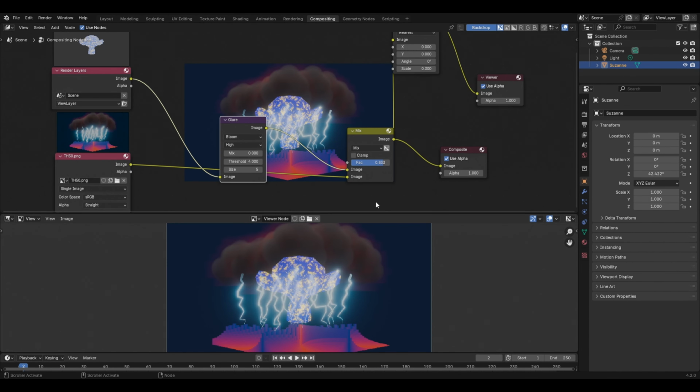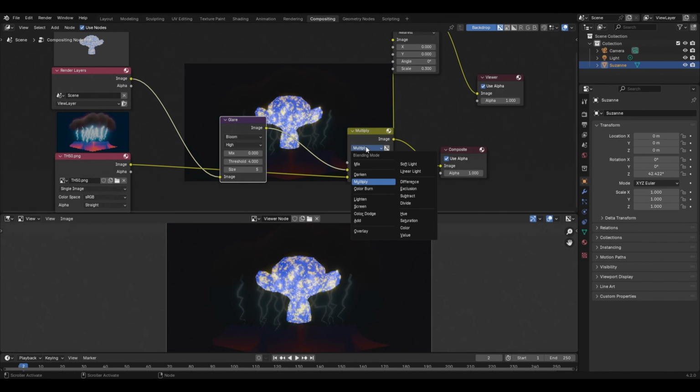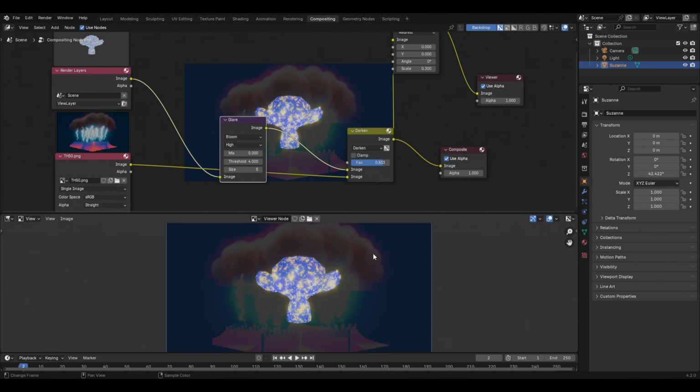Also, if I click over here, then you have several blending modes, and with each one, you will get a different type of result. For example, if I select the Darken blending mode, then in this case, for each of the color components, it will take the smallest of the two values being blended, and as a result, the image will look like this.